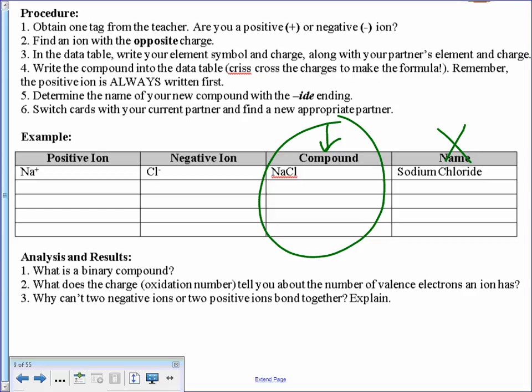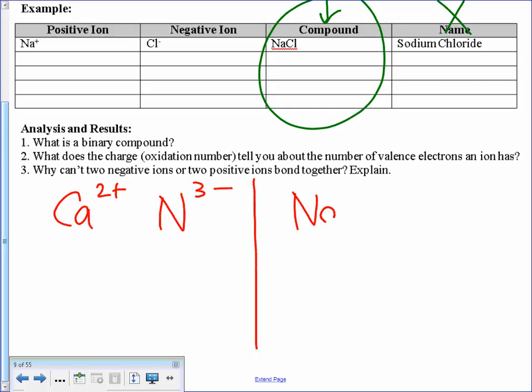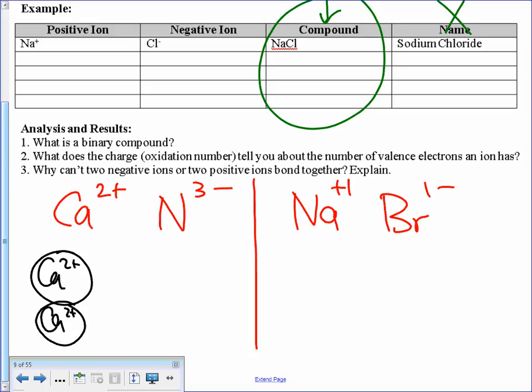Lizzie, are you positive or negative? That's the one I started with. Alright, I'll see what you're doing, Matt. I keep forgetting that. It is negative. Kathleen, are you